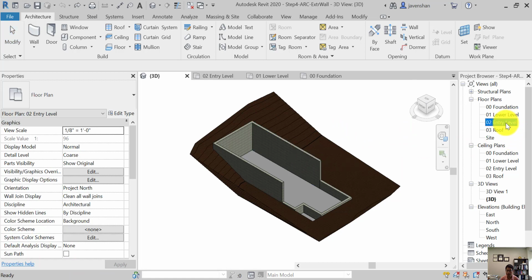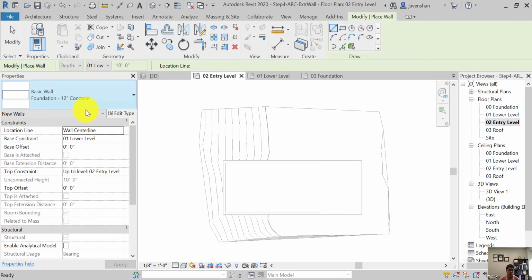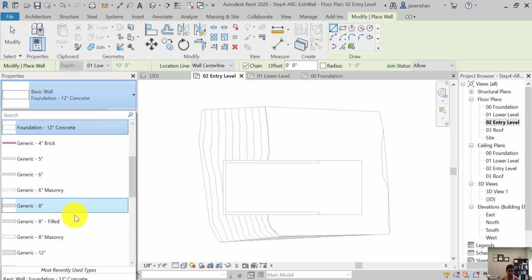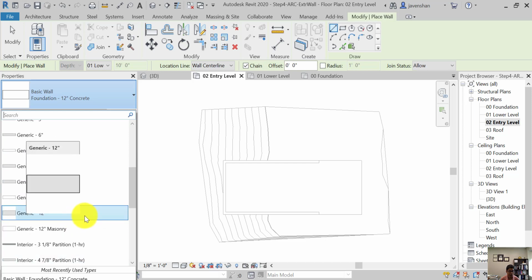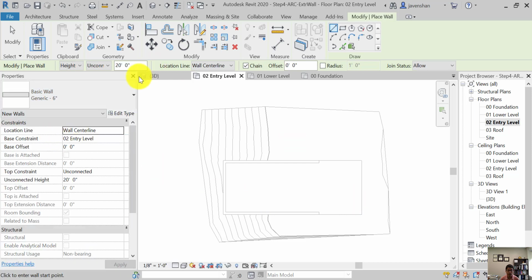Double click the entry level right over here, and we are going to select wall. Instead of using the basic wall foundation, we are going to use the generic basic, which is 6-inch right over here. And always make sure we configure the settings in the option bar. The height needs to reach all the way to roof level,